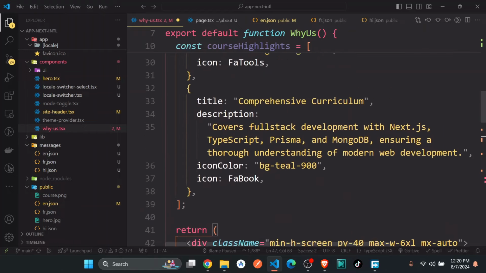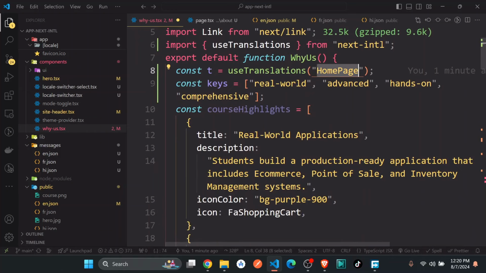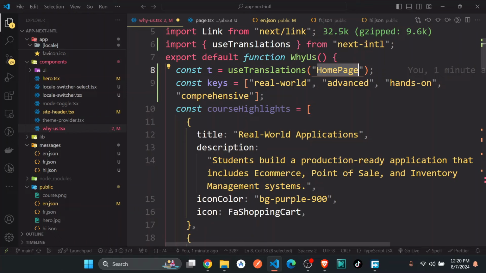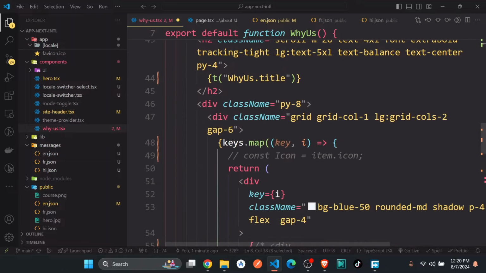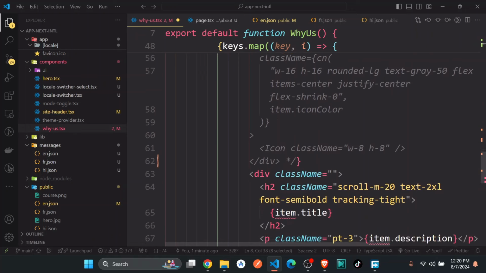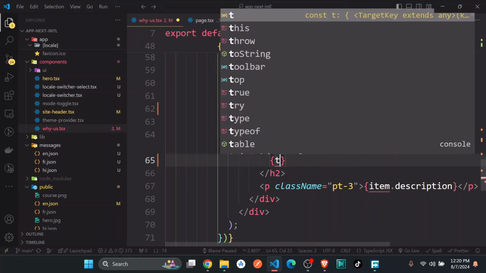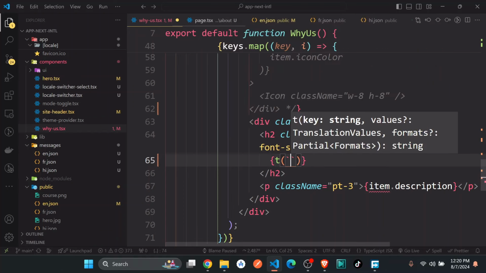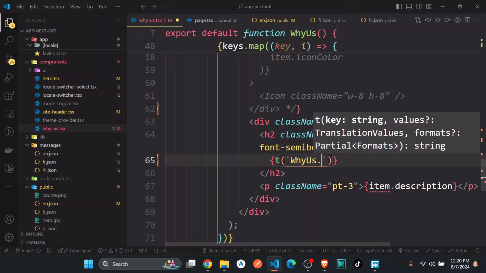So we need to get to this, which we already have the translation getting to the home page. So we need to go to the y-as and then to the points, and those are the ones we are actually just going to be mapping around. So inside here, for instance, to get to this, we need to pass in t. Okay, so t, we need to just say, for instance, we're already on the home page, then y as, so dot,